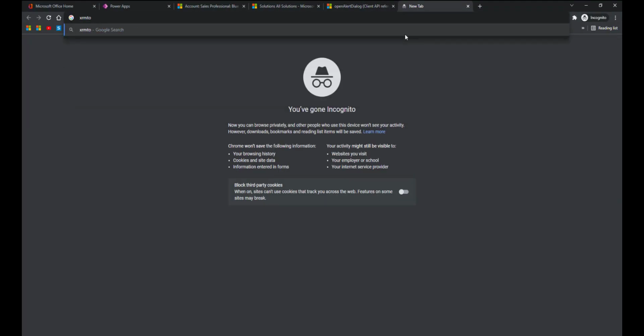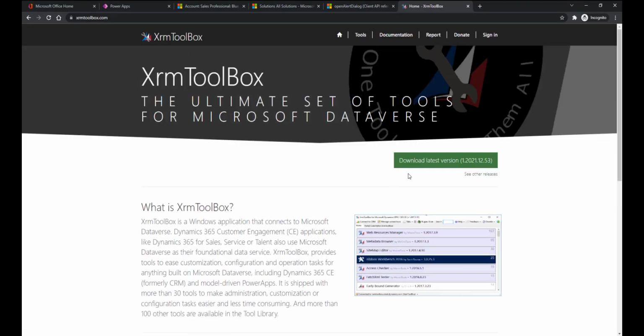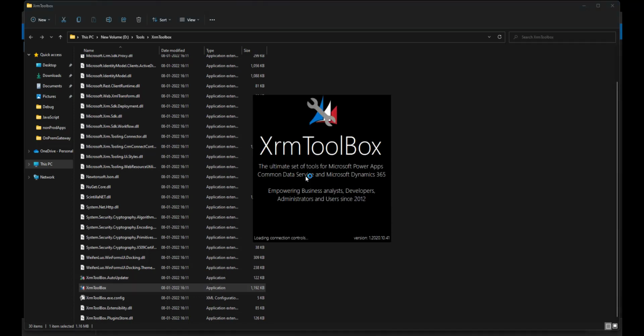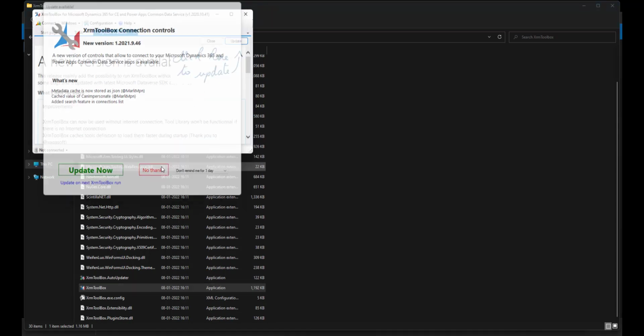Now in order to update this code into our web resource which we created, I'm going to use XRM Toolbox. Although you can directly paste the code in the text editor in the web resource, I believe using XRM Toolbox is a quicker practice. So I will also mention the link to download the XRM Toolbox down in the description. So let me first open the XRM Toolbox. In case you're new to the XRM Toolbox and haven't used it before, me just setting this up also would be a quick demonstration of the same.